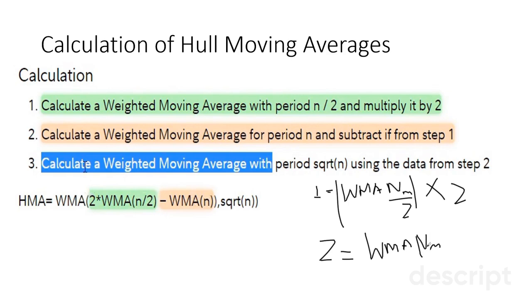Now the third step: it will subtract, 1 minus 2. And the fourth step, it will do the square root of this result. So it works in a very, very simple way. Let's not get frightened about this. All the calculations are done by the software, this is just to have an overview of the indicator.